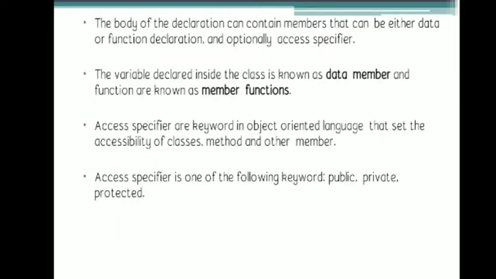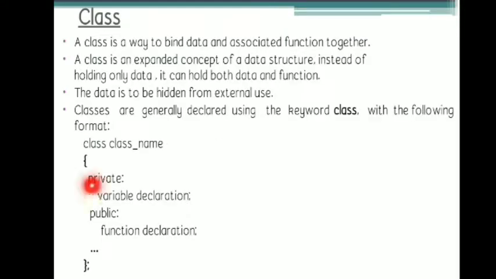In the previous slide we defined data and method, and specified two things. The variables that we used within our class definition we call data members, and the functions we used within the class we call member functions. We also used specifiers like private and public. These keywords we call access specifiers, and they say whether the data member or member function can be accessible or not.